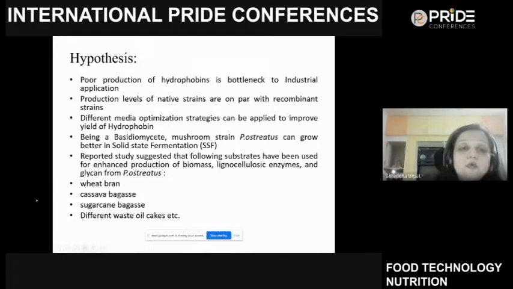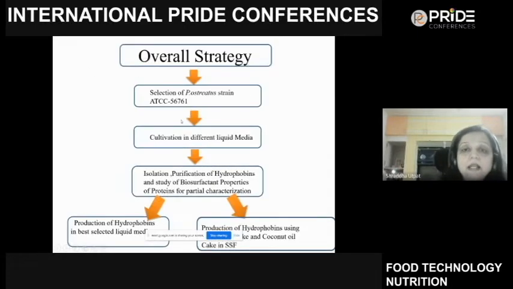We decided to go for waste oil cakes, considering the hydrophobic nature of the substrate, which can support more growth of hydrophobin, and yield can be improved. So this was our overall strategy. We selected the strain, ordered it from National Collection of Industrial Microorganisms provided by NCL Pune. Then we cultivated it in different liquid media. We purified the hydrophobins. We studied its biosurfactant properties to confirm the nature of the protein. Then we characterized it, and then we produced it in the best selected liquid media and also produced it on solid